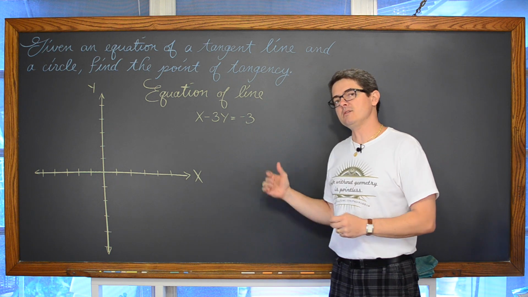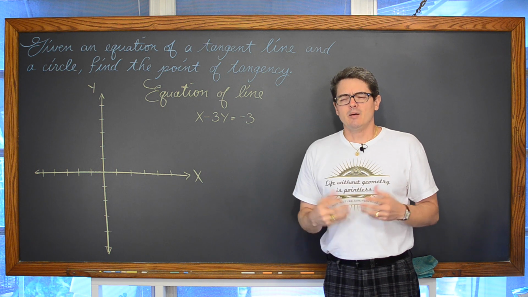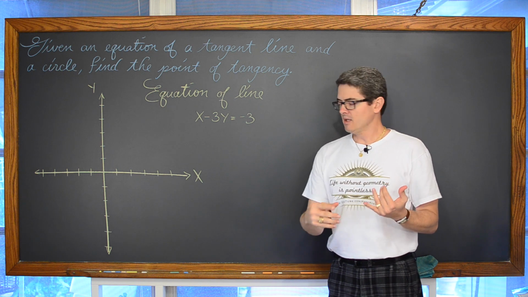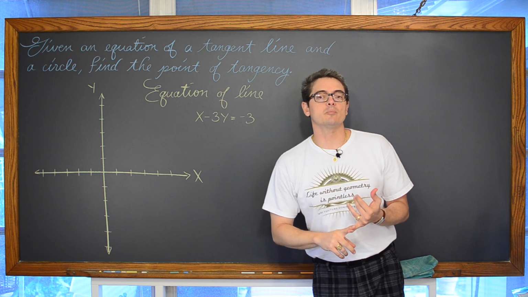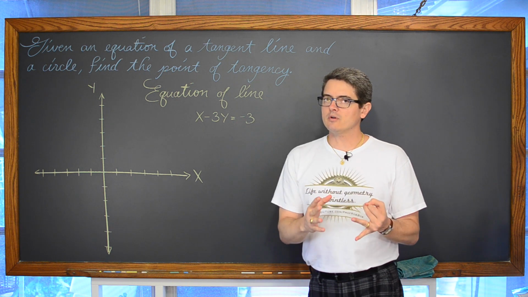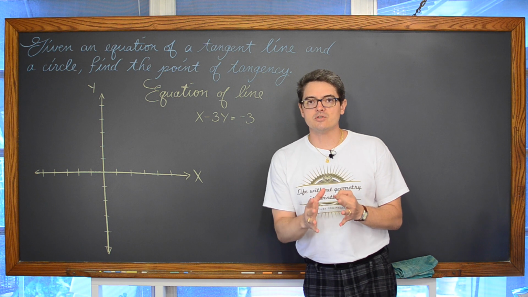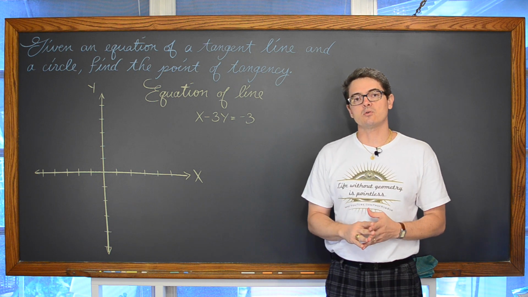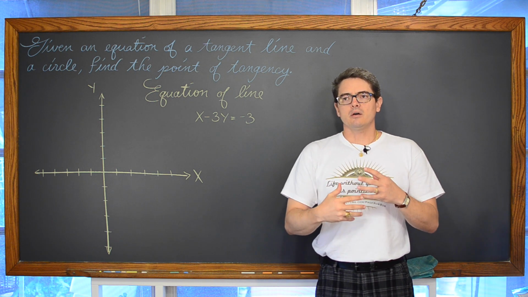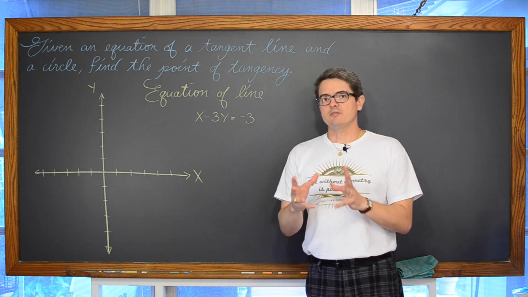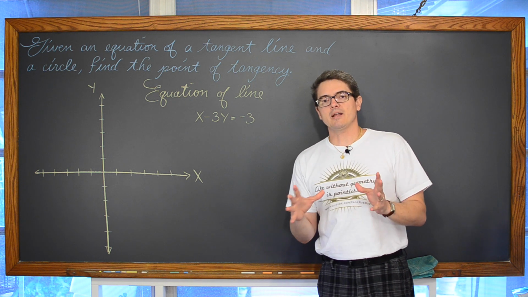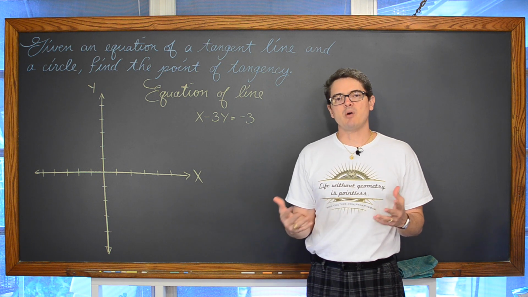I'm going to develop the example with you, and by doing that we're going to review how to graph a line. We have one in standard form. We're going to put it in slope-intercept form, do a little reviewing of graphing a line. We're going to talk about the relationship between a tangent line and the radius of a circle, and explain a little bit where the equation of a circle comes from, a little bit of use of Pythagorean theorem, and then we're going to have the example set up probably in about 10 minutes.